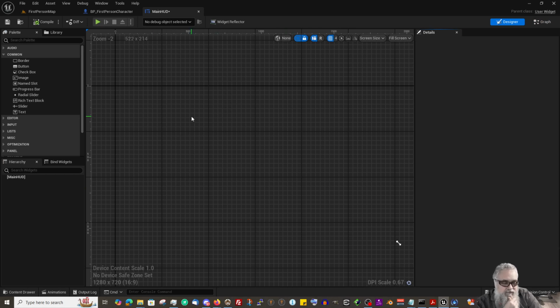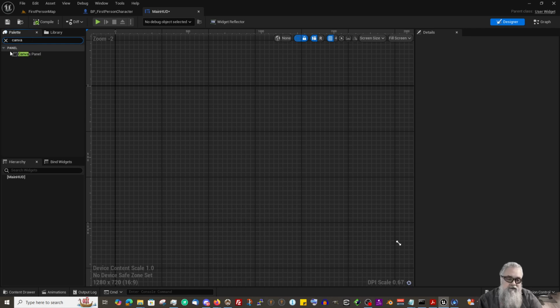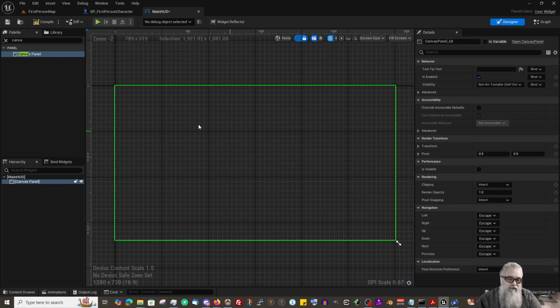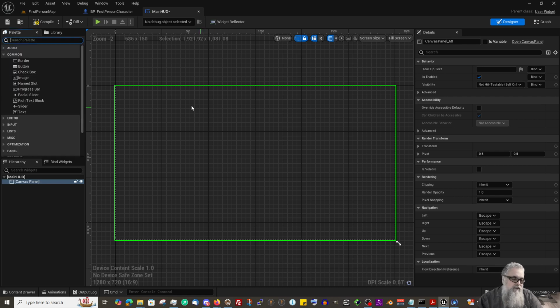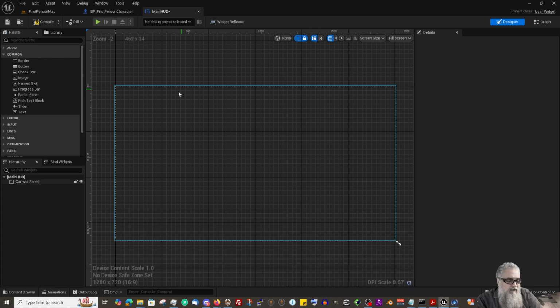If you're used to previous versions of Unreal, this would have been pre-populated with the canvas panel here. I'm going to just do a search up here for canvas and add the canvas panel. So this is pretty much the extent of our screen, and will, within reason, auto scale